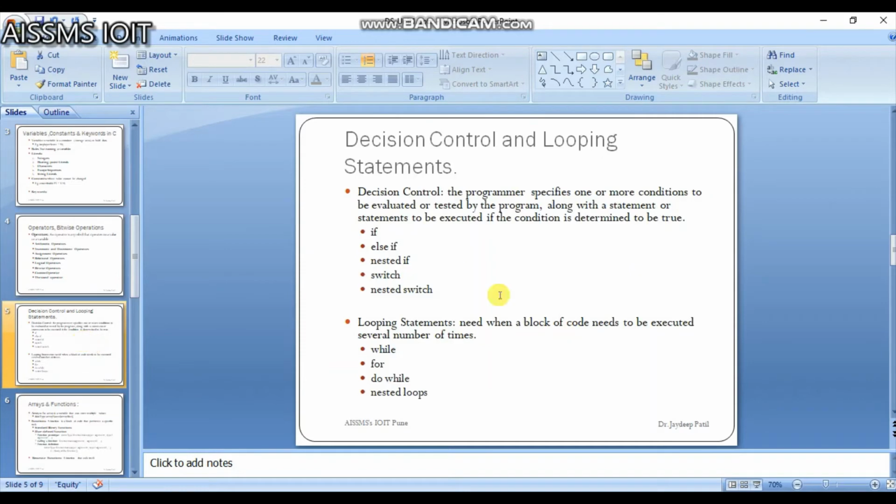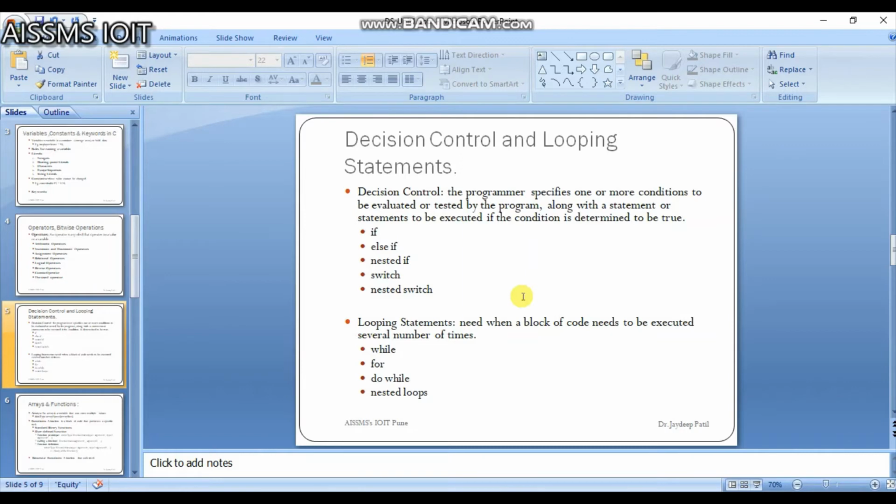Next slide is decision control and looping statements. For decision control, the programmer specifies one or more conditions to be evaluated or tested by a program, along with the statements to be executed if the condition is determined to be true or not. If the condition is true, then it performs the code within the curly brackets.